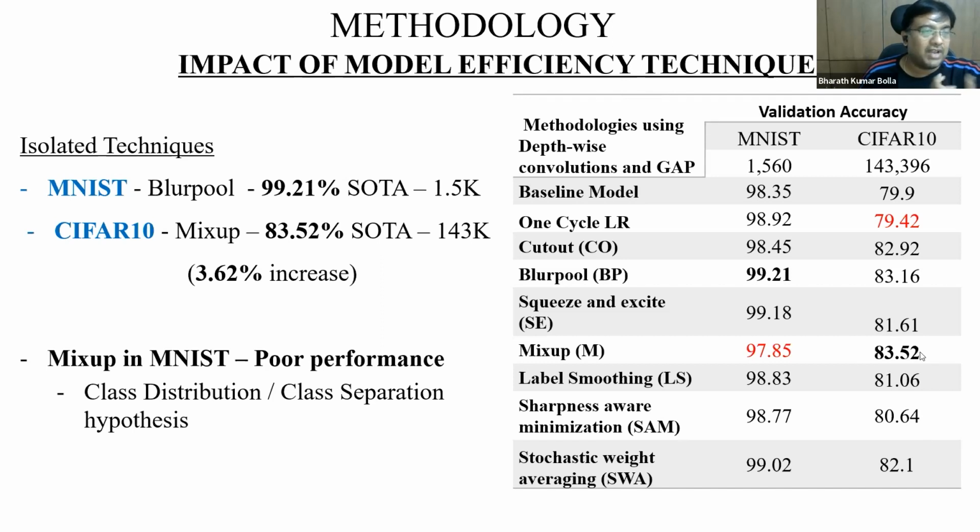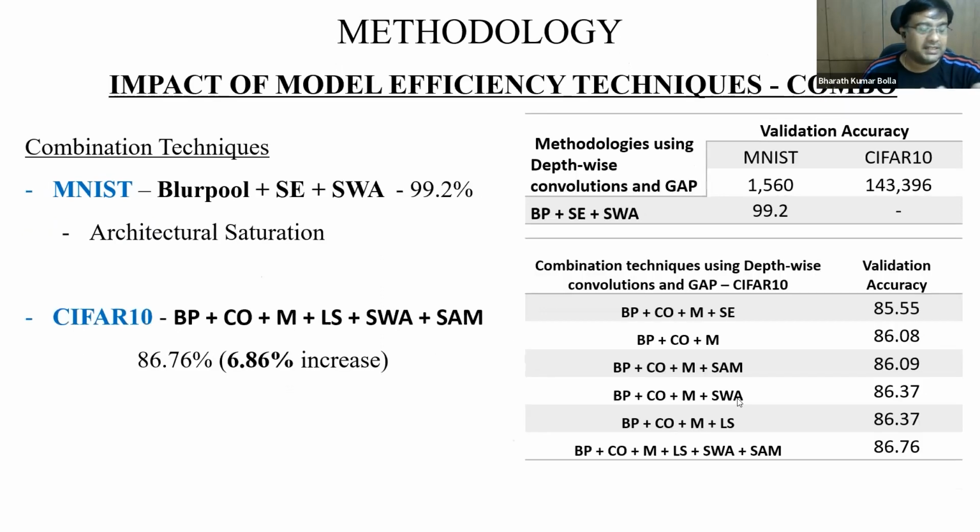The next question we asked is, if we combine these techniques, can we get even better accuracy? In MNIST, we didn't get any gains in accuracy. The reason is that in MNIST we are already at a saturation point. We already reached 99.2, and there is not much left for optimization here. When you apply these techniques, the model also needs to have some capacity. The 1500-parameter model is a very low-capacity model, which means its ability to learn more is very limited.